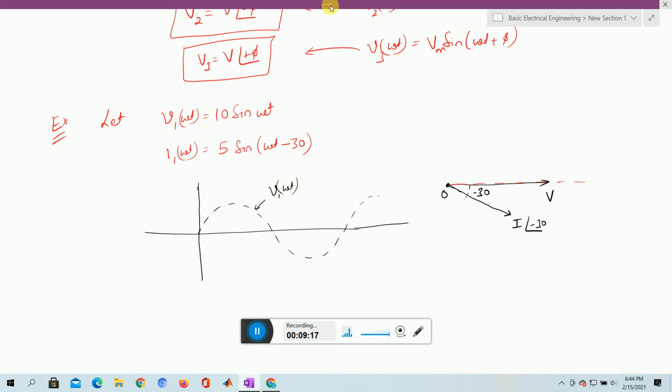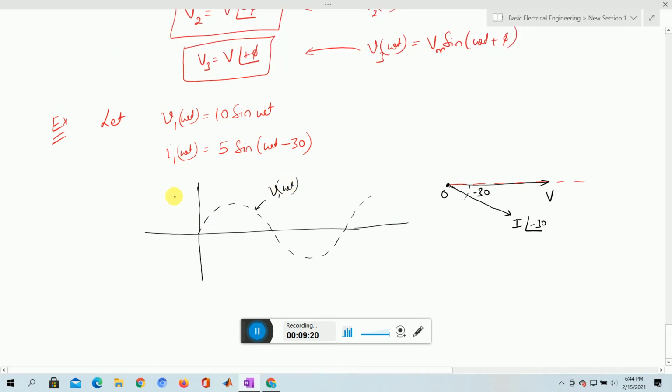So if we have a current waveform, here we can have voltage and current on the y-axis, and here we have omega t on the x-axis. When the current is starting, you put this term, omega t minus 30, equal to 0. This defines that omega t equals 30. So at omega t equals 30 you start the value. This is 90, and let us say omega t is 30 from here. So at omega t 30, you have got a sine waveform.